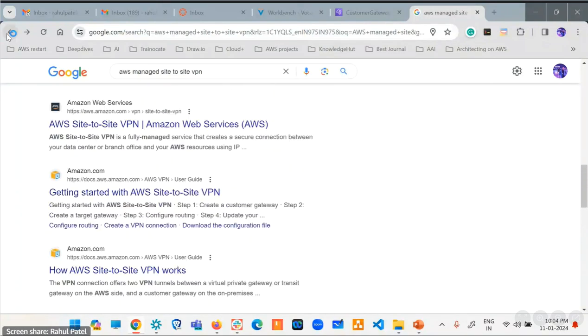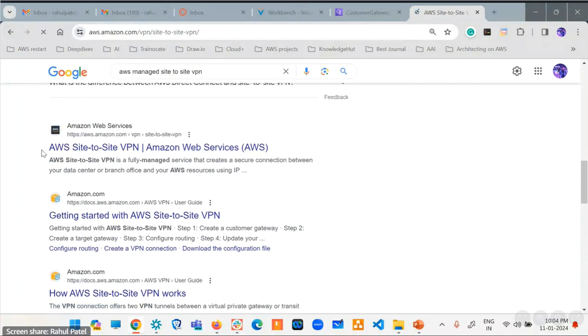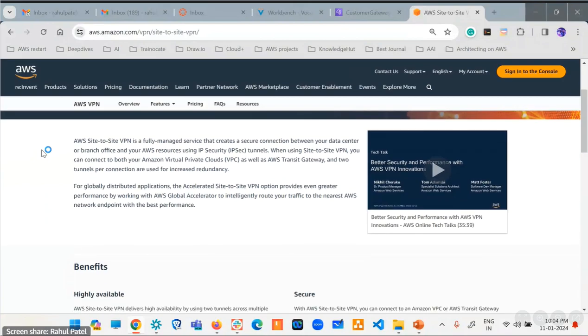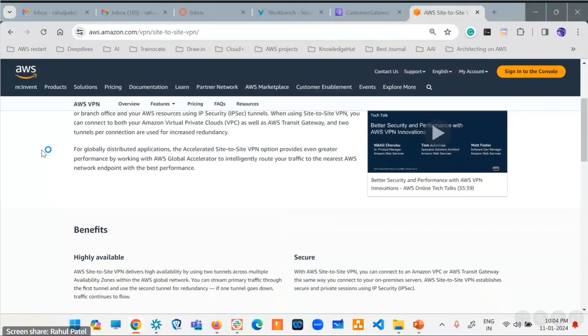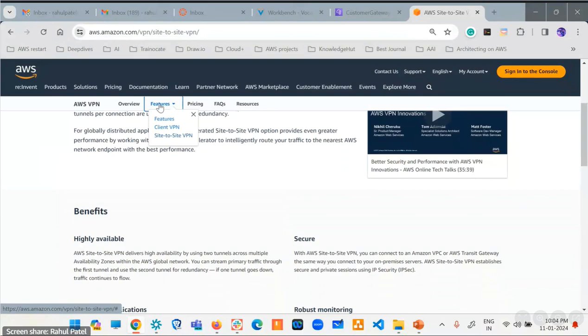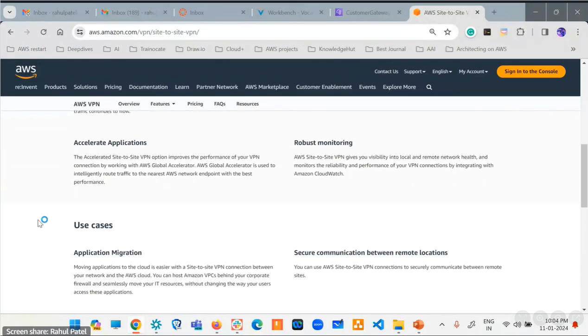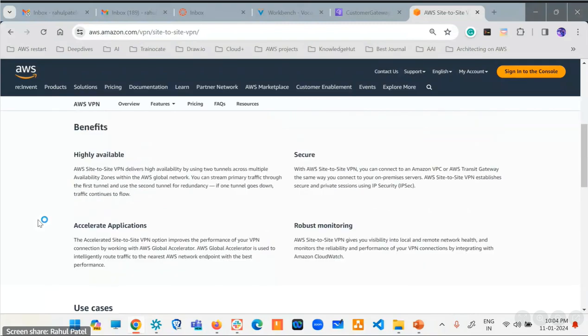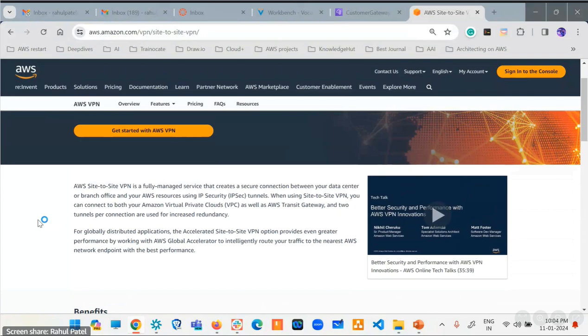I think you should get the diagram also. Click on the features tab on the top. Inside the overview tab,